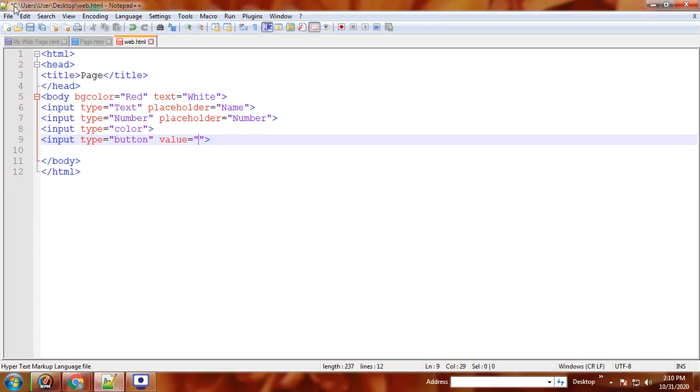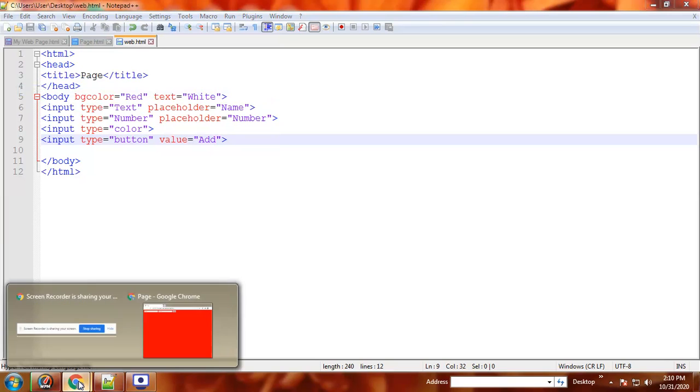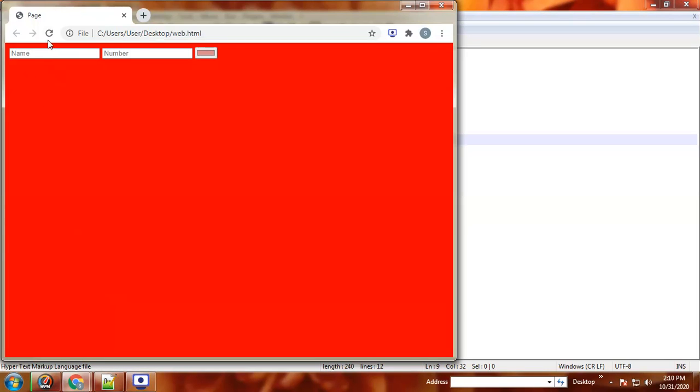If I give add, then file, save, and here this is a button. If you click here, it will not work, but it is a button. In my next video I will show you how to activate this button.